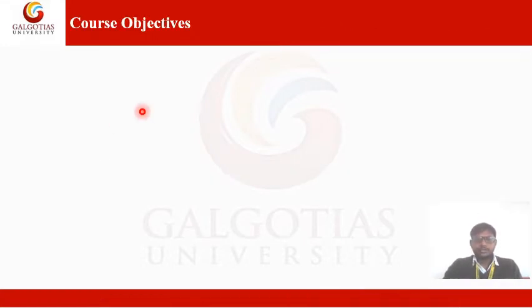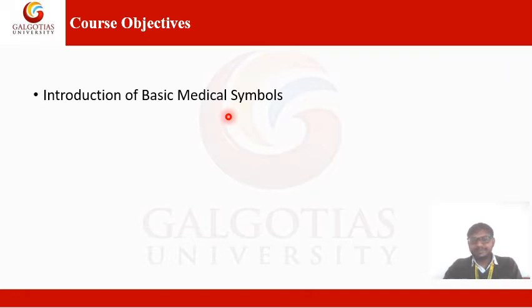The objectives. After completion of this topic, the student can understand the introduction of basic medical symbols and these basic medical symbols with examples and structure. Then they can easily identify which patient sheets have symbols. Mostly we can see this in patient case studies, where they make arrow marks, circles or dash marks. What is the meaning of each symbol? We will discuss this in this topic.